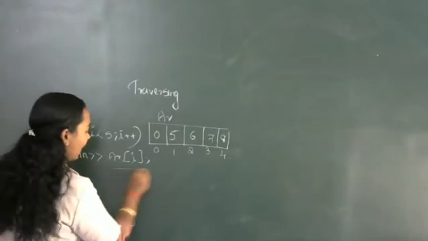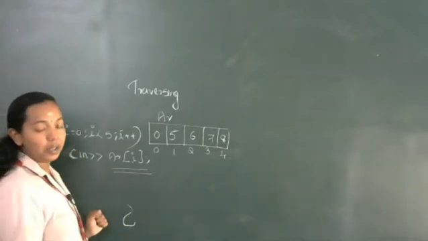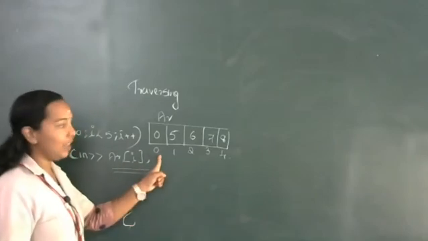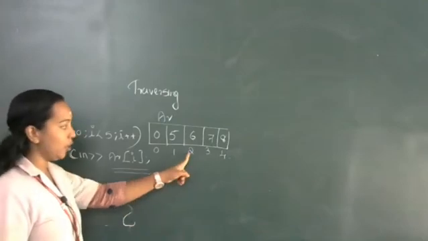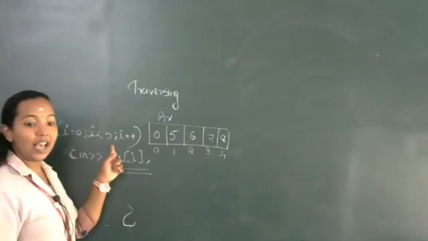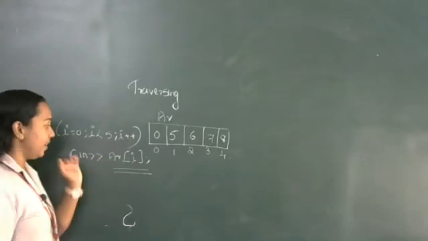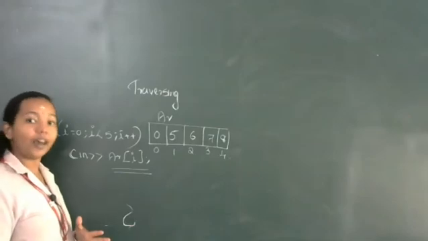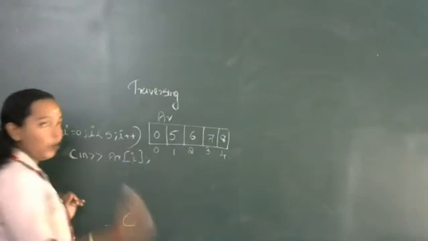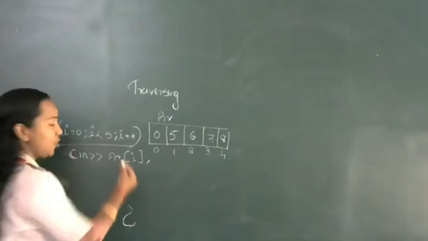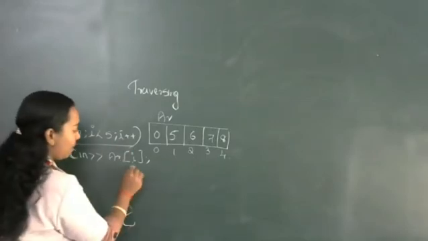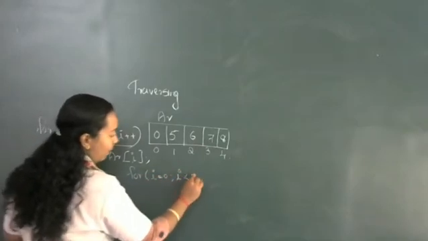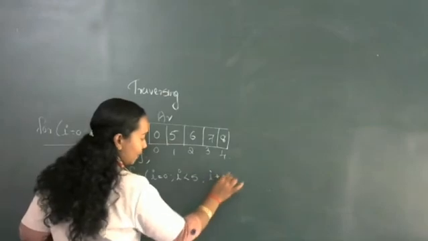So all the array elements will be present in the variable AR of I. At the initial stage, the value of I will be 0. Then in the following iterations it will change to 1, 2, 3, 4 until I is less than 5. Clear? So this is for inputting values into the array. Suppose you want to access all the array elements, then we can write the output statement. There will be no change in the for loop. We will write the same for loop: for I equal to 0, I less than 5, I plus plus.